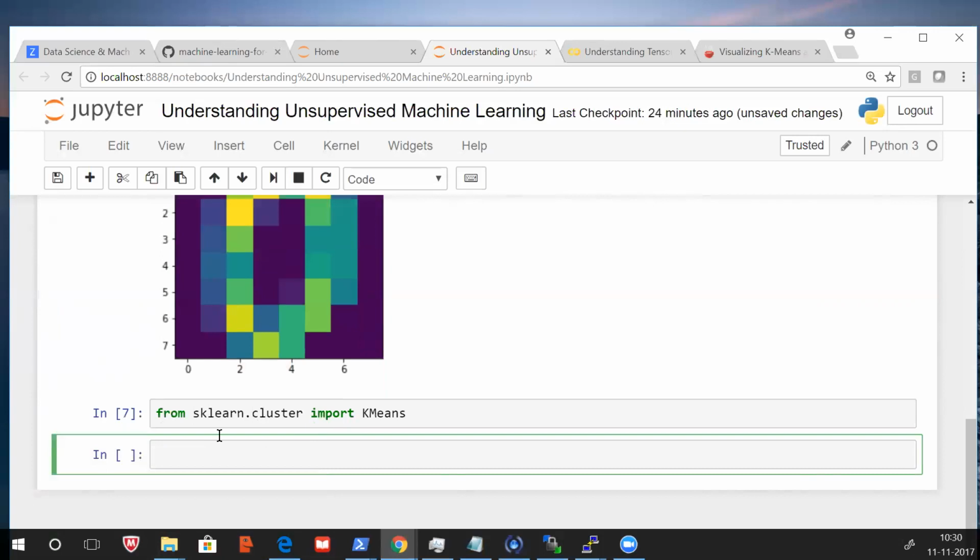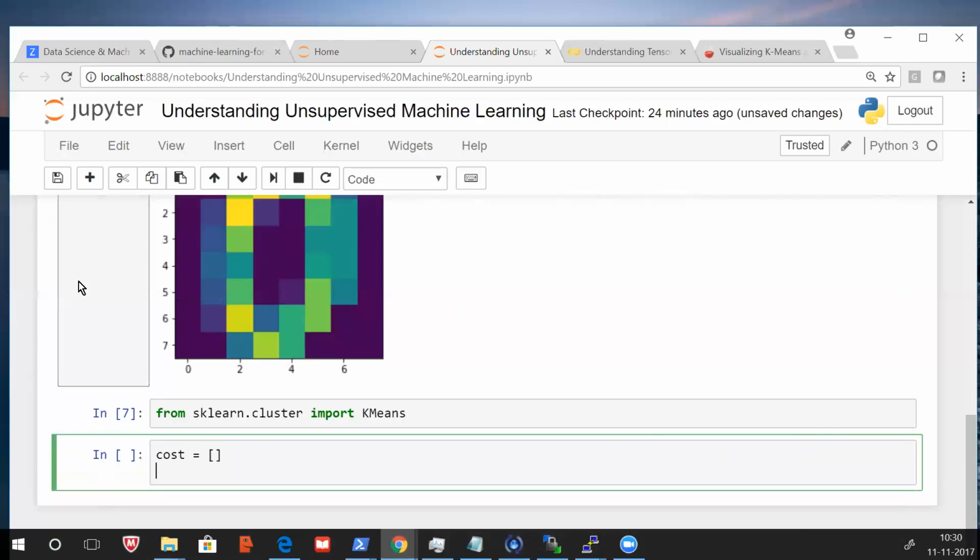We'll store the cost here. Then for k in range, we want to test from 1 to 20. That means we will train the model for 1 to 20.